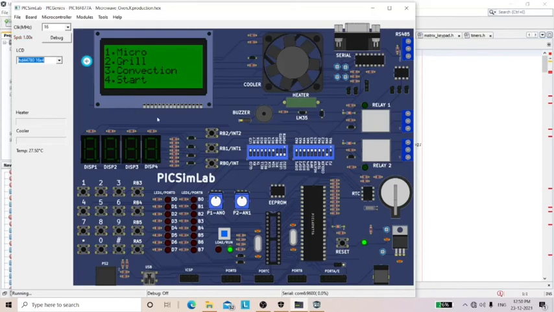Here it displays the three modes: micro mode, grill mode, and convection mode of cooking. First one, micro mode. We have to click on the first keypad. Now enter the time, 5 seconds. Cooking is started. After the cooking is completed,